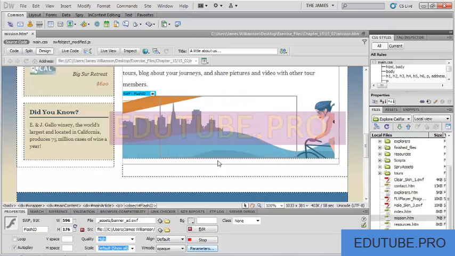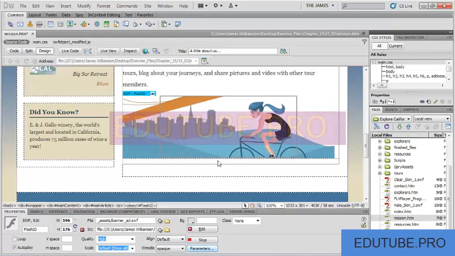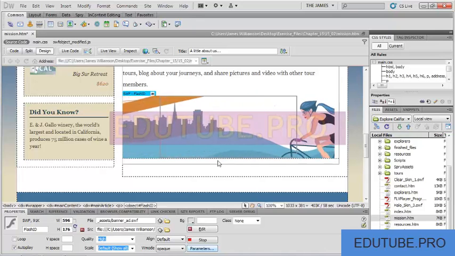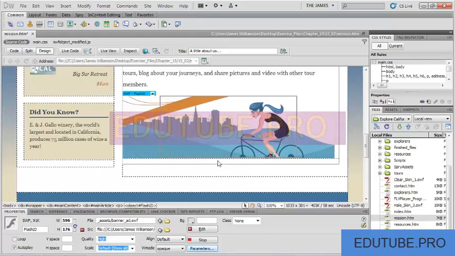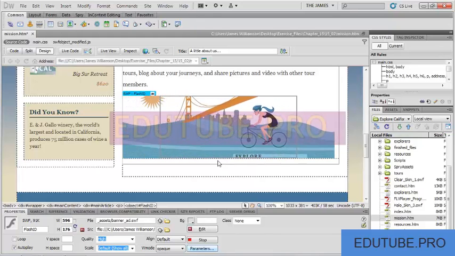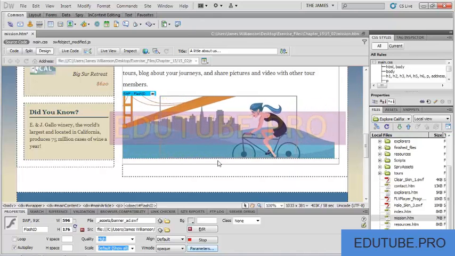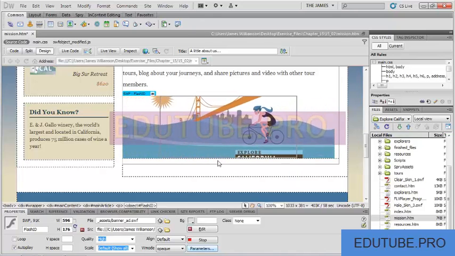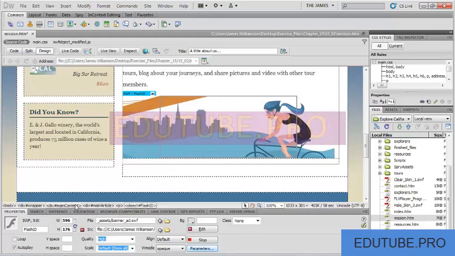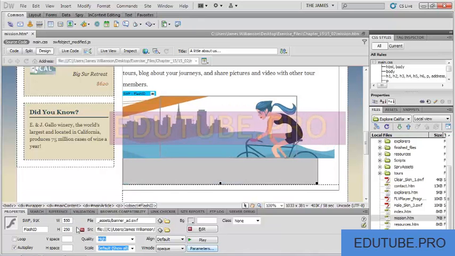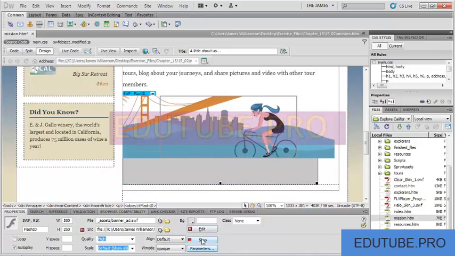So with some Flash movies, it's not that big of a deal, especially since they're vector artwork. So sometimes scaling them up and scaling them down doesn't really have an adverse effect on the file. In this case, however, it really tears the banner ad up and makes the artwork look just kind of odd. So I think what I'm going to do is go right back to my Properties Inspector, and I can click this little reset size icon that shows up whenever you modify those properties, and it'll take your Flash movie back